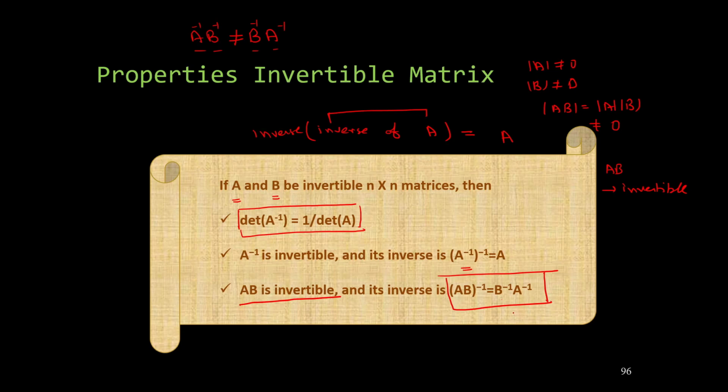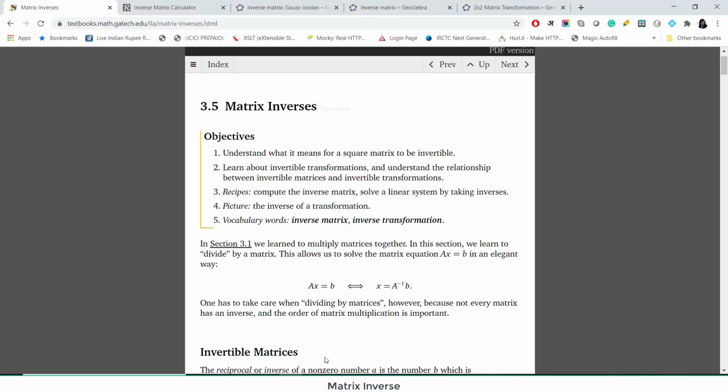So if you forget these properties, you can simply Google and you can find them. If you want to verify these properties, you can use some tool to verify them. But here we will be focusing more on the geometrical interpretation of the inverse of a matrix. Let me take you to that. And the inverse of a matrix is really useful when you talk about solving systems of linear equations.